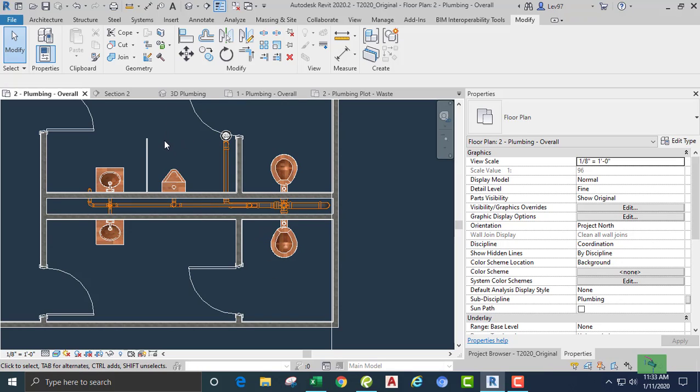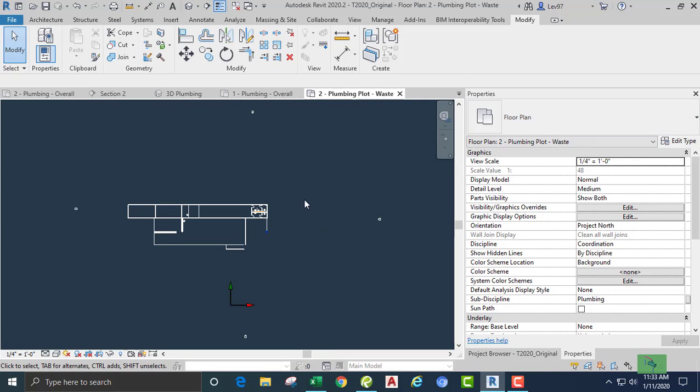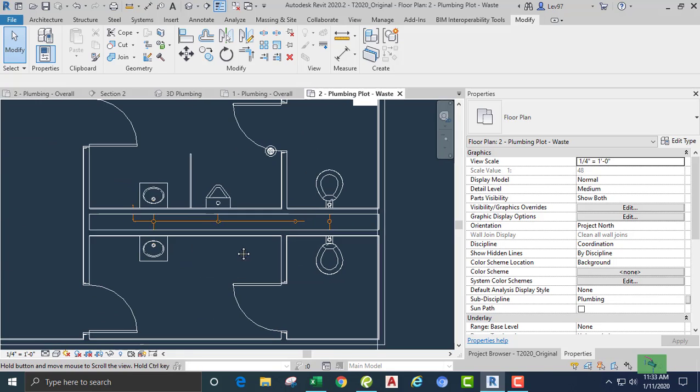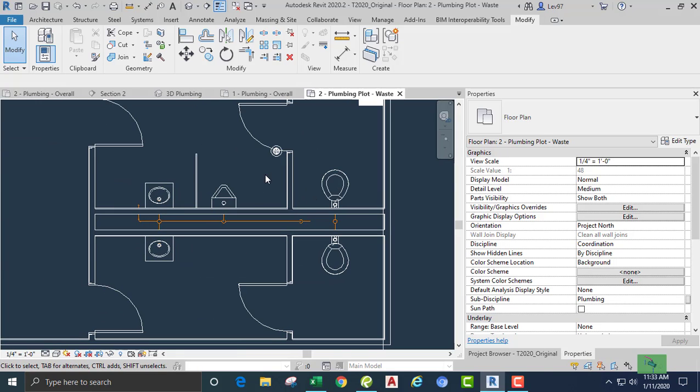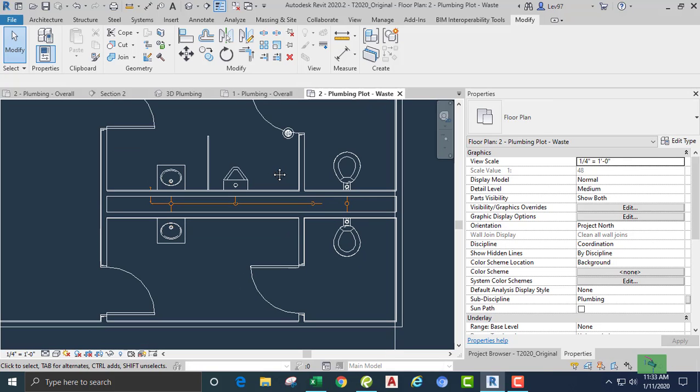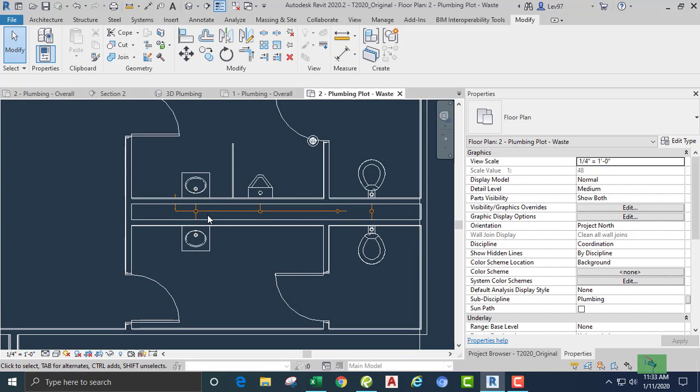Now I'm going to go to a plot file. Let's look at the second floor plot. Is that second floor plot waste? Okay, so it looks like we're missing some information, and this is where we can use, we can hide it, or plan region usually works in this case. So I'm going to use a